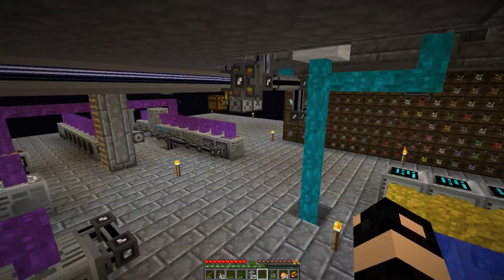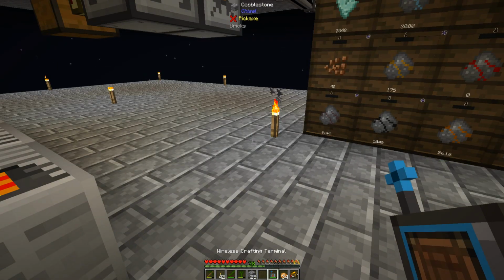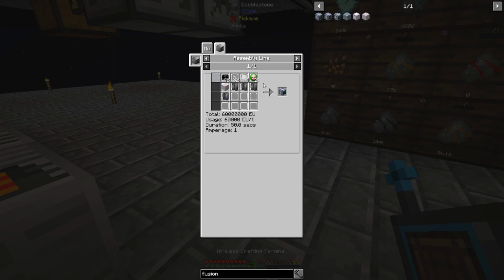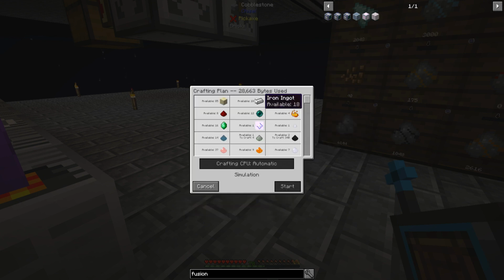I think I need 2 for the reactor, don't I? I can't remember. So there's the 1 and there's the other. Okay. So the fusion reactor... Yeah, I needed 2 for those. So let's see what this is. 28,000 bytes. This is probably the most difficult recipe I've attempted yet. And I'm definitely missing some stuff. So I gotta figure out...